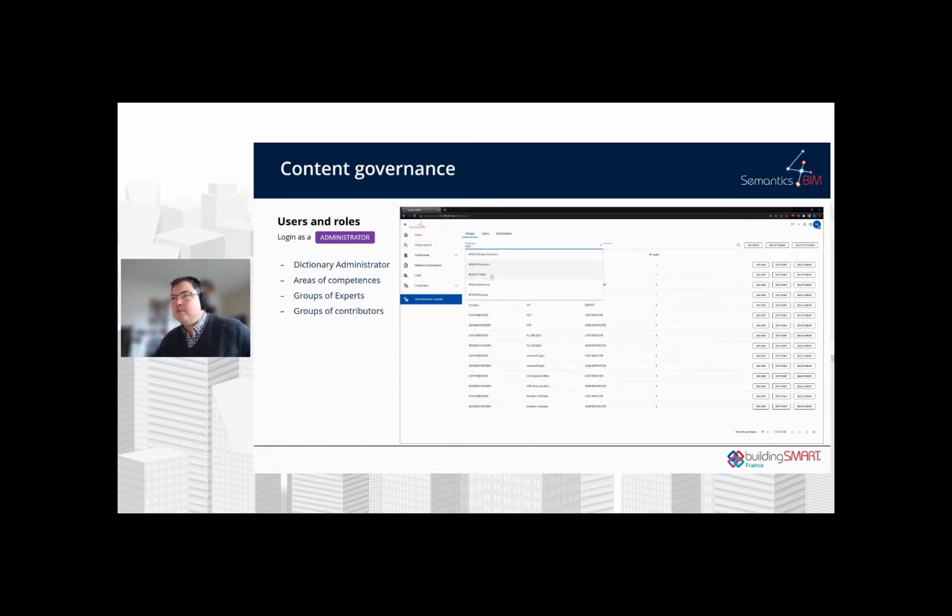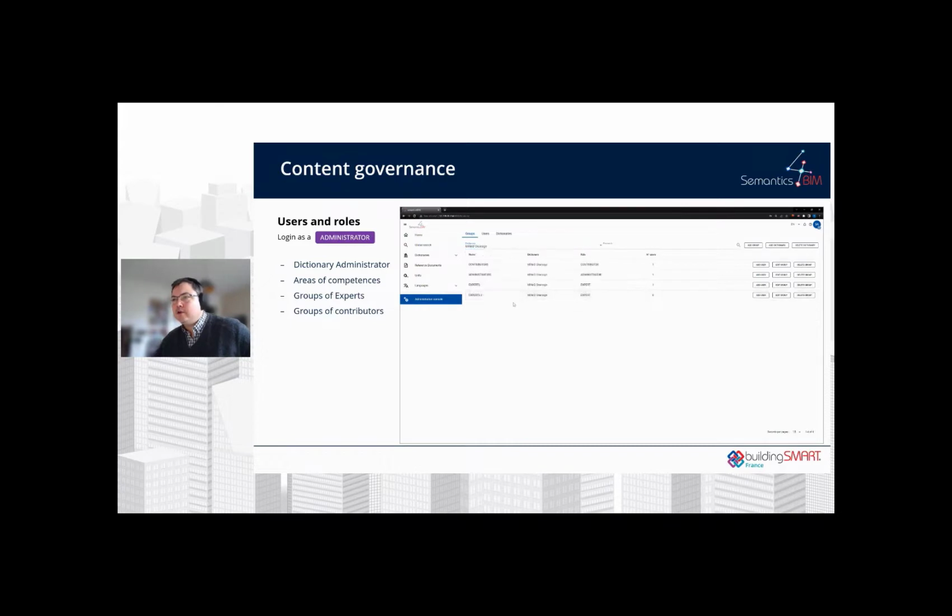Here, I'm going to take the example of the mine drainage dictionary. So you can see there are some administrators, and there are also some experts. We'll be able to define some areas of competencies for this particular dictionary, like the ISO requires, and we will be able to define some expert groups by area of competencies, and of course, also some contributor groups.